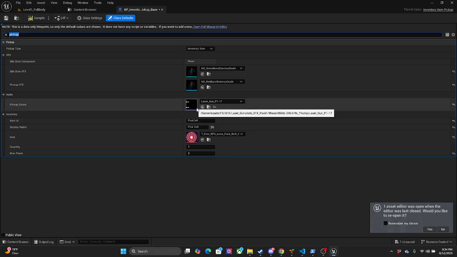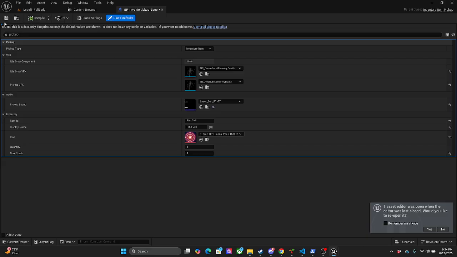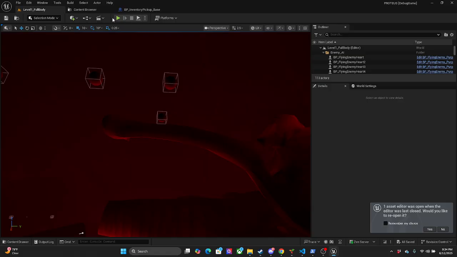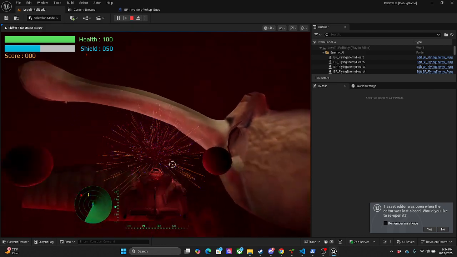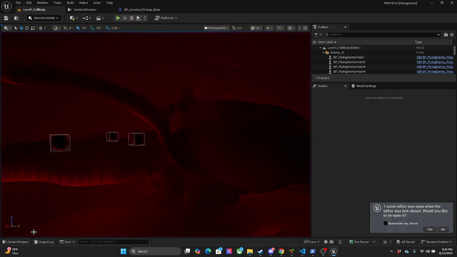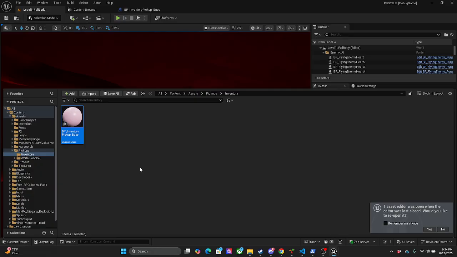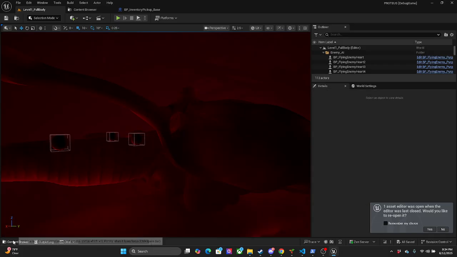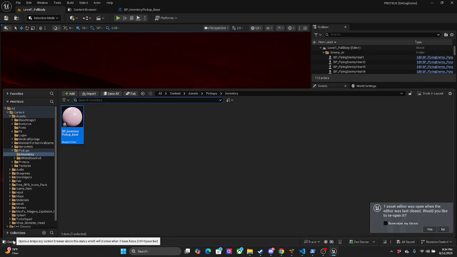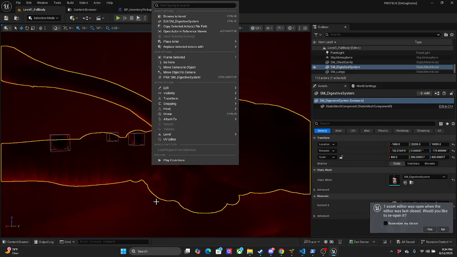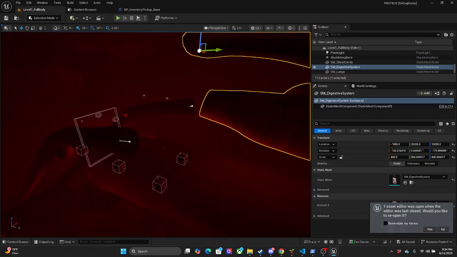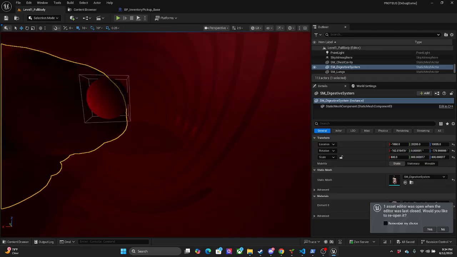Sound is not a problem. Good enough. So now do we see green and red? All right, so it is playing both. I think I just need to tweak the Niagara system so they work better for what I'm trying to do, so that one loops and the other one doesn't. I'm not gonna worry about that. I'm gonna worry about the number of items being picked up.